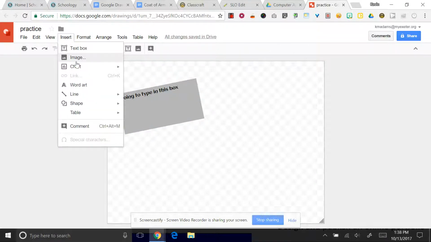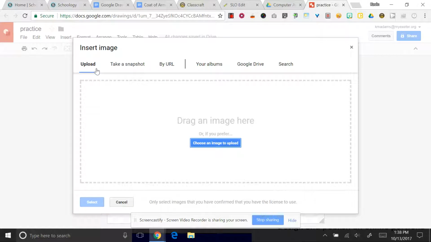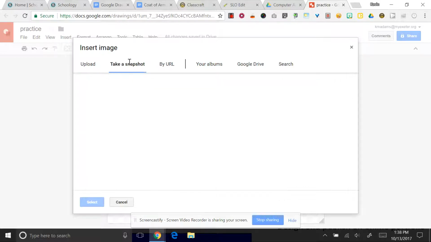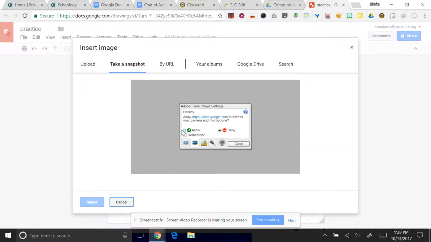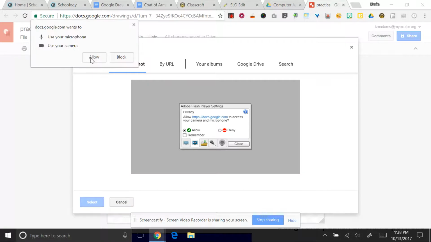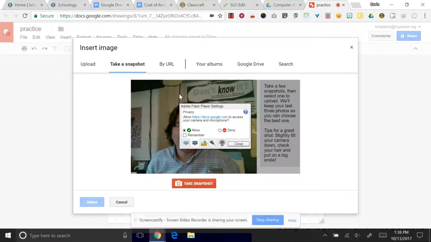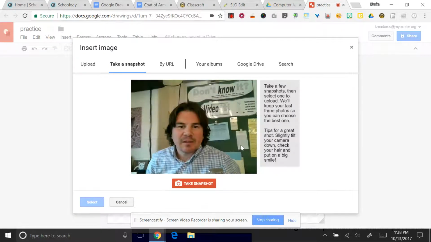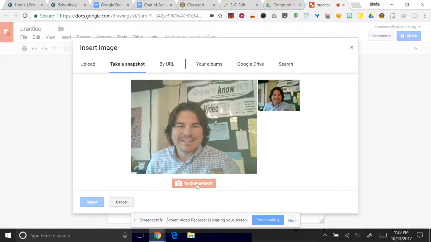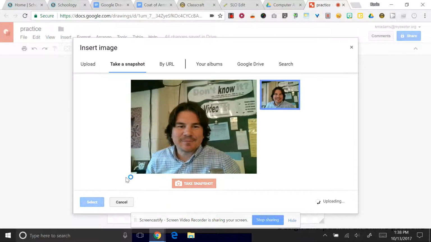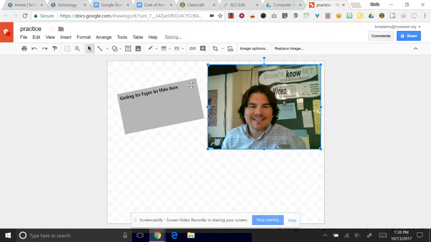Also in the Insert menu, you can insert an image. And this is where you can upload an image from your saved files on your computer's hard drive. You take a snapshot. Don't forget to allow access in order for that to work. Hey, there I am. And you can also